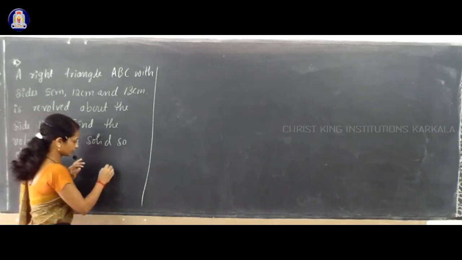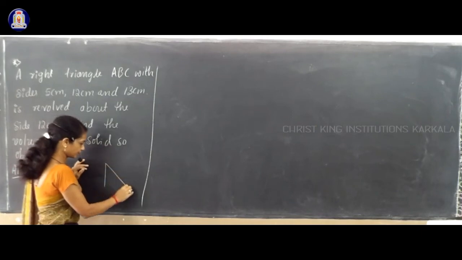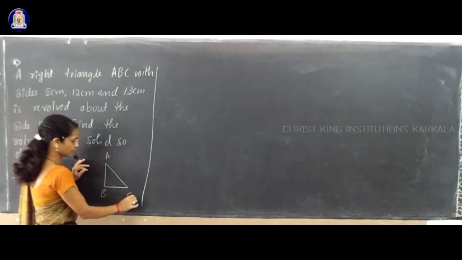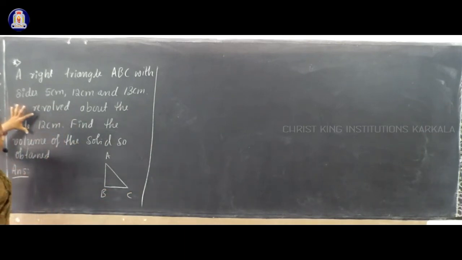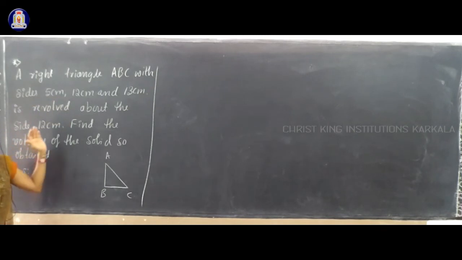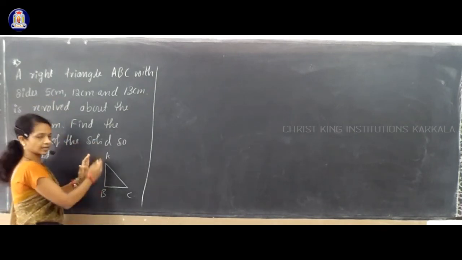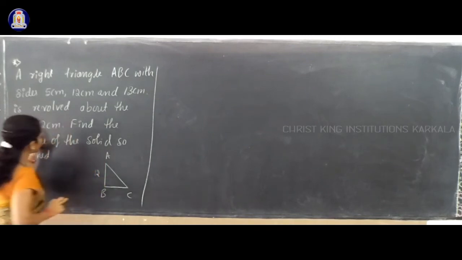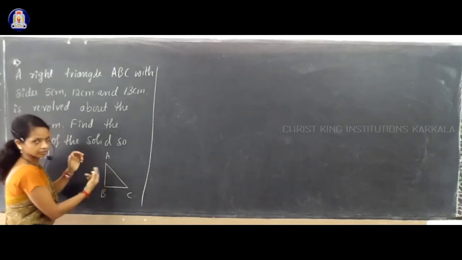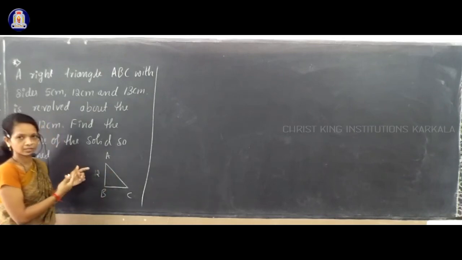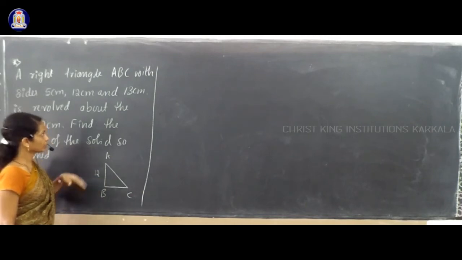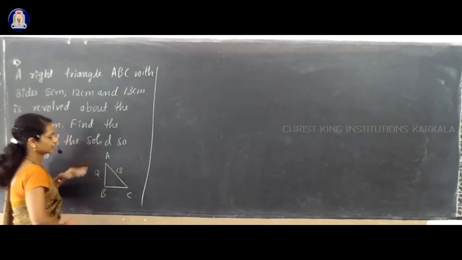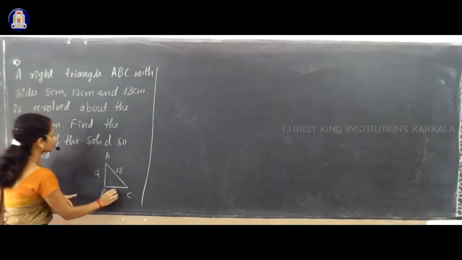And you do one activity at home, just draw one right angle triangle like this. Okay, and that I will name as ABC. And in that you just see the question, the triangle is revolved about which side, that you have to take as a height. Okay, so now AB we take as height, and you take that as 12 cm, because we are revolving this triangle about the side of 12 cm, and which is the largest side here, that you take as hypotenuse of that right angle triangle, 13. Okay, remaining side you take as 5 cm.